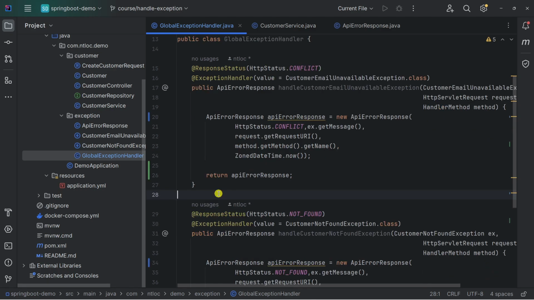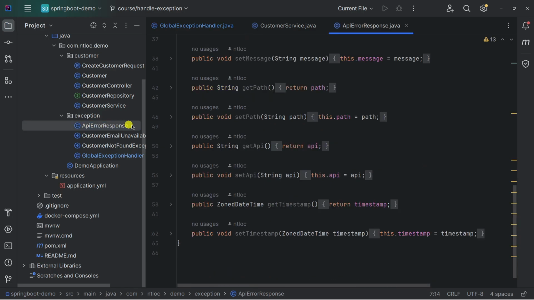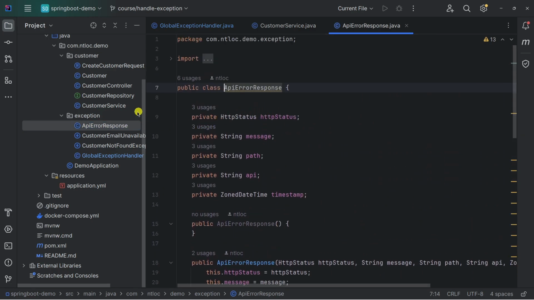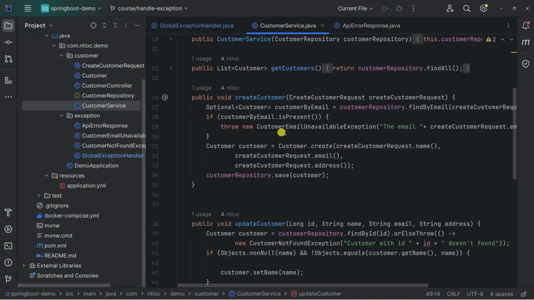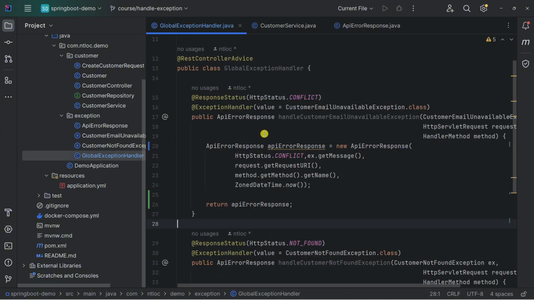And this approach is the best practice that you can use in the real world. Let me explain again. We need to create our custom API error response, then go back to our business logic and create our custom exception, and we throw this custom exception, and we put it in the global exception handler.